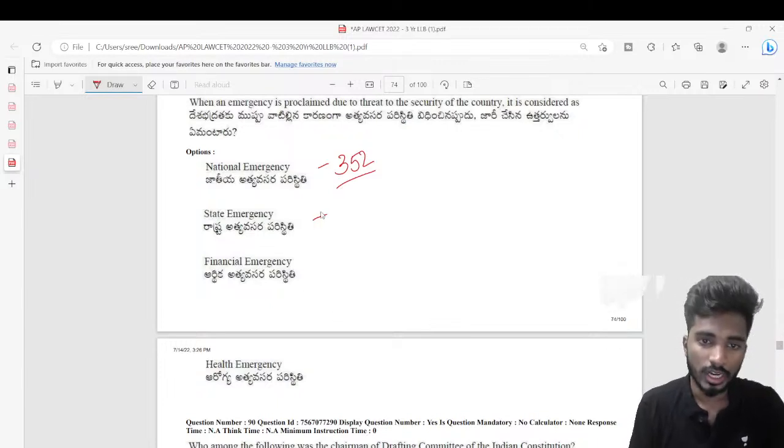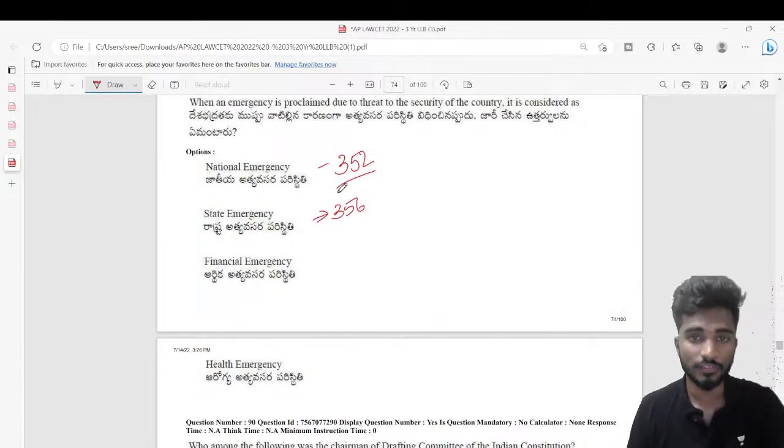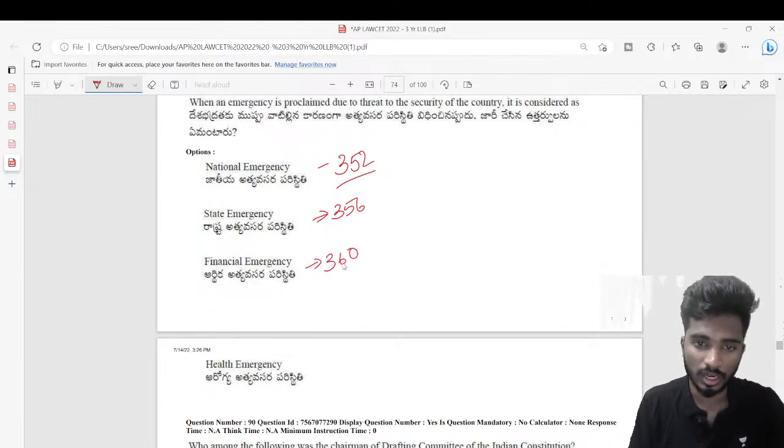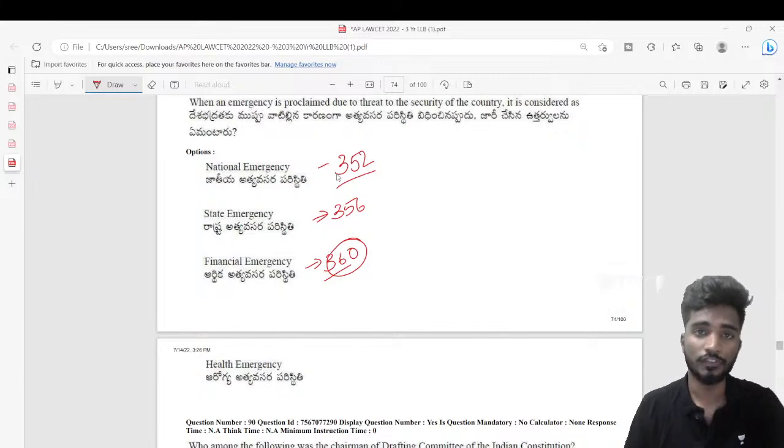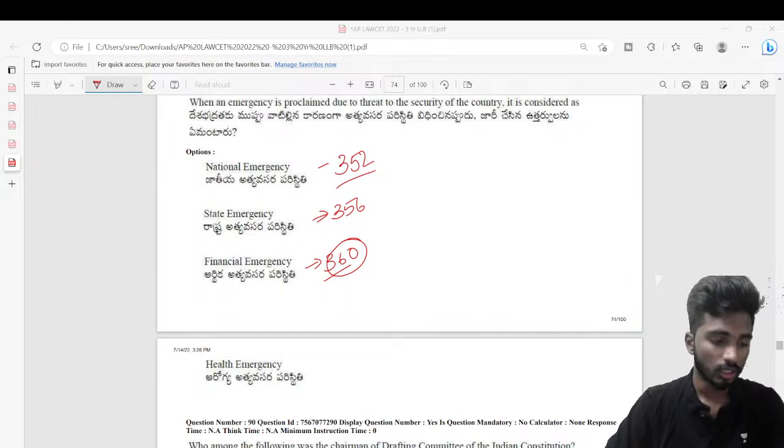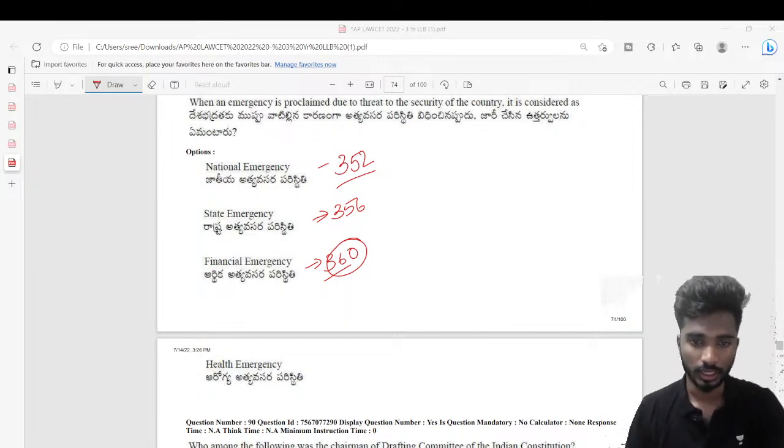State emergency is imposed under Article 356 when there is a failure of constitutional machinery in the state, right? And then we impose financial emergency under Article 360 when the president feels that there is some threat to the credit or financial stability of India, right? So that is the right answer. Next,